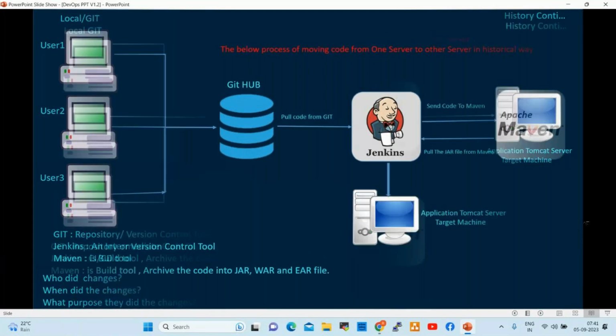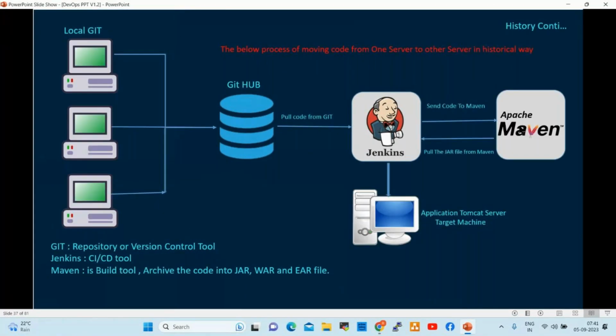Maven converts it into an artifact as a single file and gives it back to Jenkins. That will be pushed to application servers. Here we deploy the code. Okay, so don't get confused. This is very easy to understand. Once we start working on these DevOps tools, they are very easy, right?